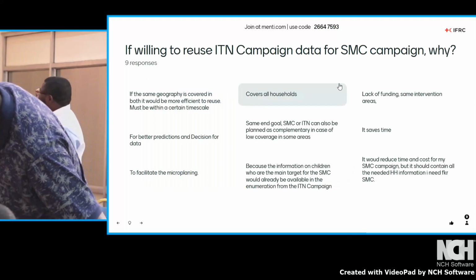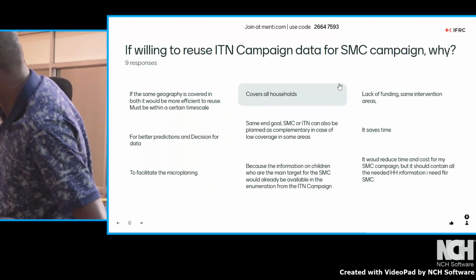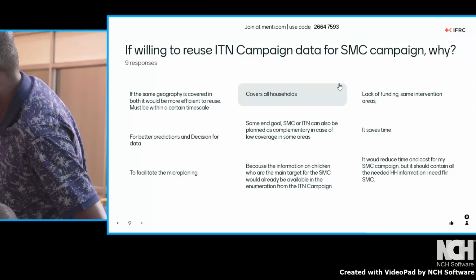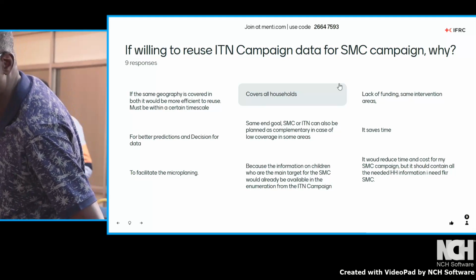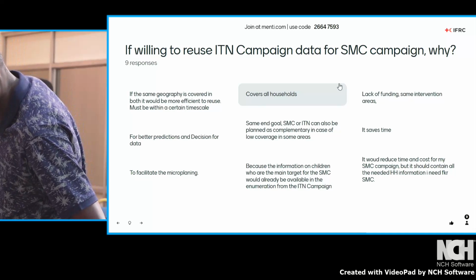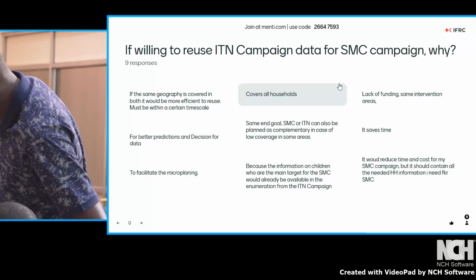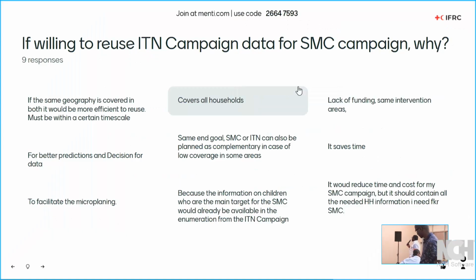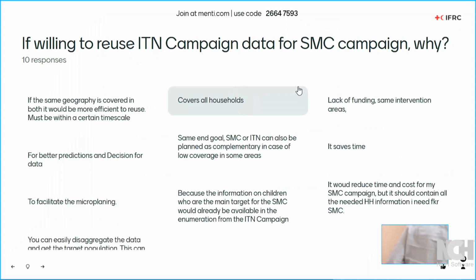We have the next question and a lot of responses already. If willing to reuse ITN campaign data for SMC, why? So let's see the reasons they have given. Yes, covers all households, lack of funding, same intervention area, it saves time, it would reduce time and costs for my SMC campaign.